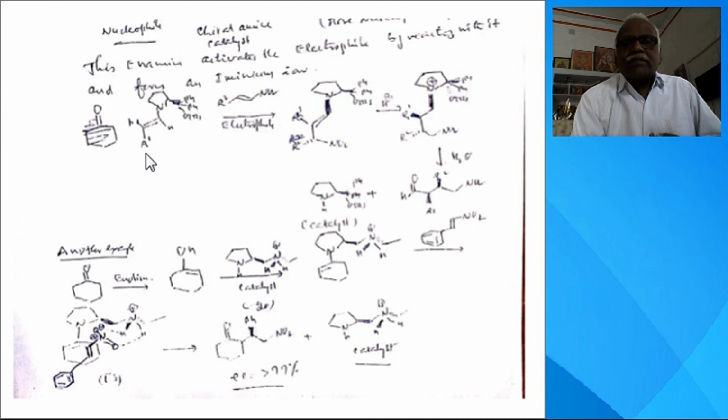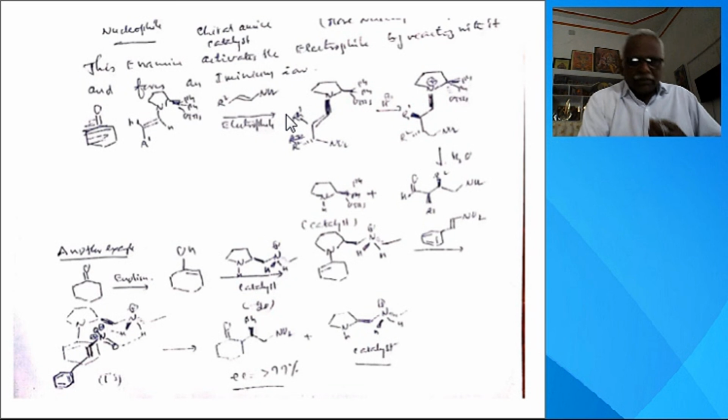This nucleophile gets activated first, and the activated nucleophile again activates the electrophile, thereby the reaction takes place very fast and in high yield. Because of this catalyst, what happens? One face of the double bond is covered with the bulky catalyst, the other face is free for the reaction, therefore the nucleophile enters from the other face, thereby you get only one product, one enantiomer. This optical purity is more than 90%, a highly stereoselective reaction. This is about the Michael addition reaction.